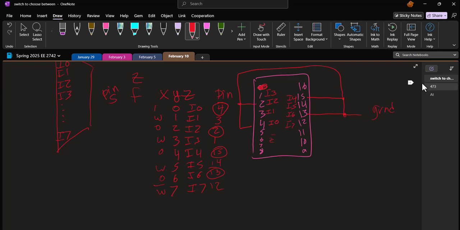We're also going to put ground into 7 and 8, was that right? Whatever our switches are for X, Y, and Z, we put X into whichever one is S2, Y into S1, and Z into S0. I think 4 is